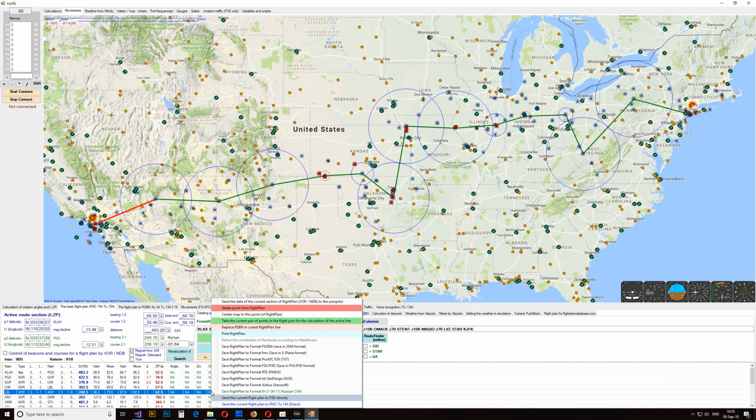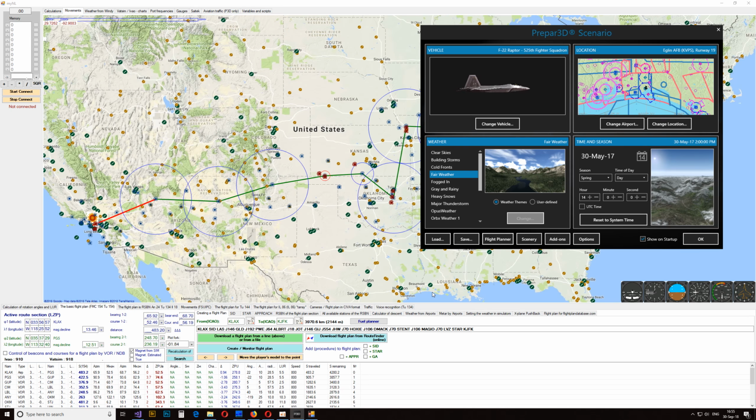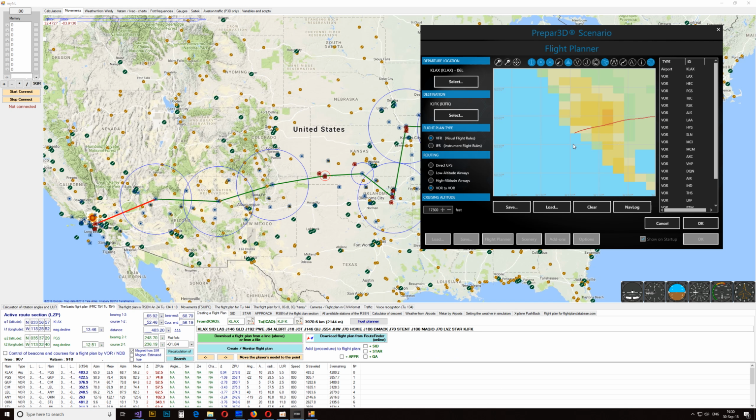And if you need to, you can save this flight plan, or send it directly to Prepar3D, select VFR flight plan, and you see this flight plan on the map